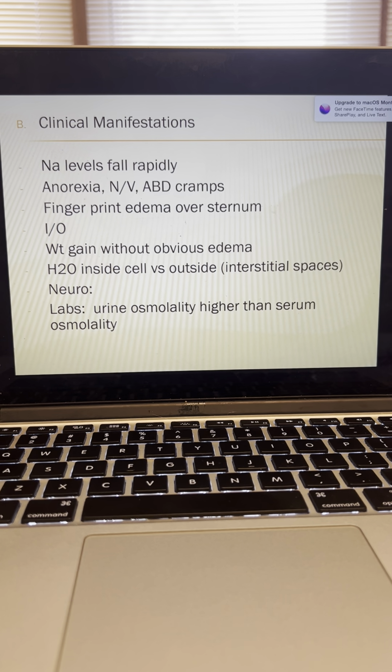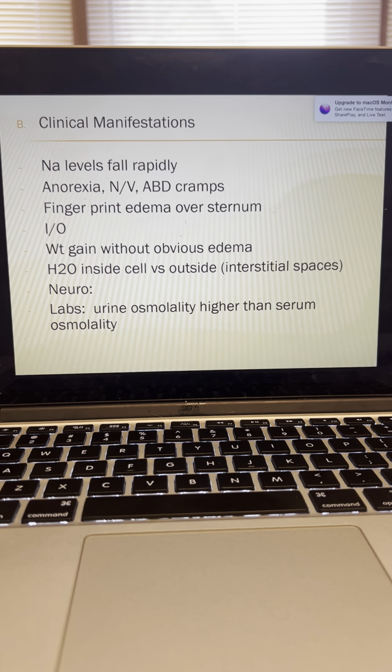Clinical manifestations: remember, sodium levels that fall rapidly will cause more symptoms. Clients with chronic hyponatremia may not display symptoms even at levels of 115. So our normal is up in that 135 range, but they're living with a low chronic hyponatremia, so you may not even see some of the signs and symptoms till it gets even lower than that. If we do have a sodium level that falls rapidly, some of the signs and symptoms are anorexia, nausea, vomiting, and abdominal cramps,